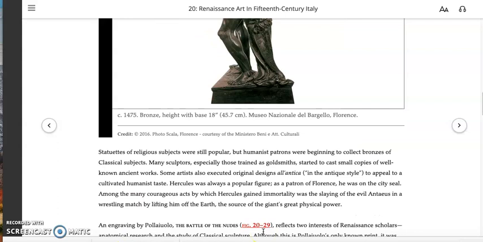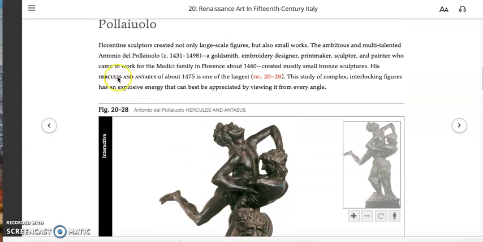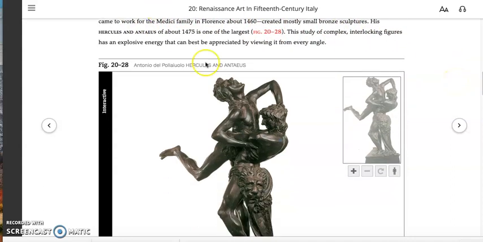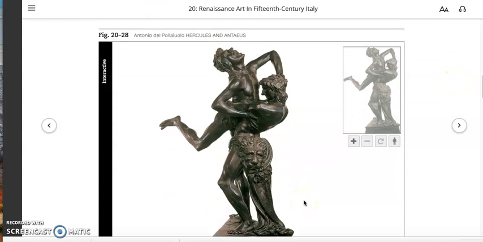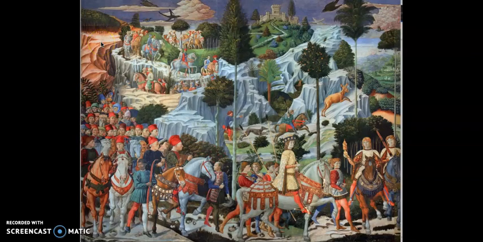They are as interested in, I'm trying to find here where they mention the Medici, there it is. The Medici are the patrons of Pollaiuolo in the 1460s, and their influence is seen here in Hercules and Antaeus because they are actually deeply involved in this rebuilding of knowledge of Greek and Roman ideas, mythology, art, and culture. And I want you to appreciate the contradiction.